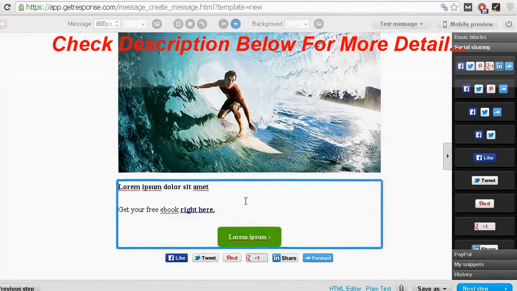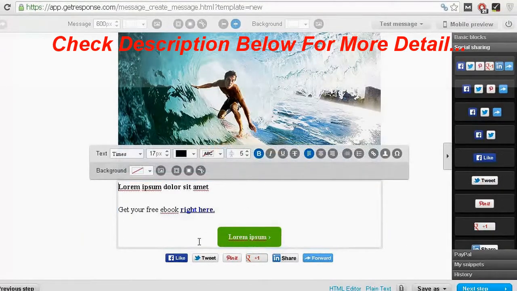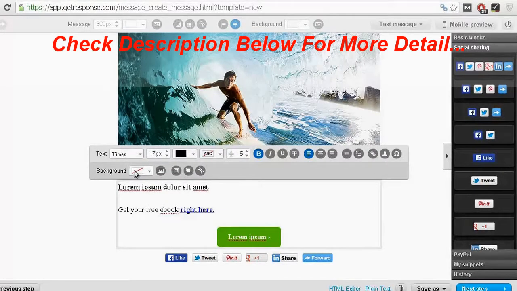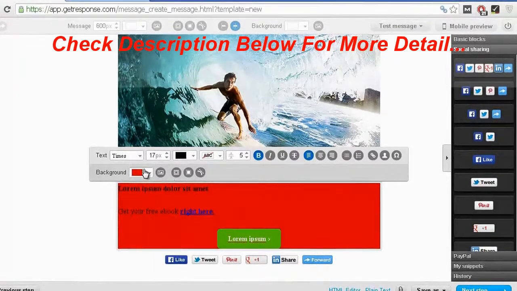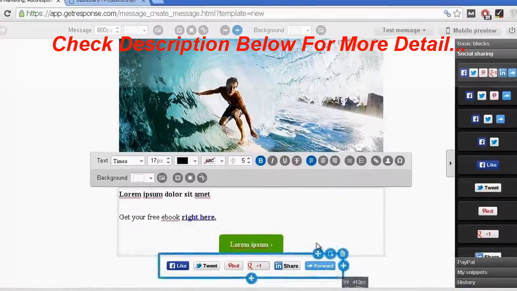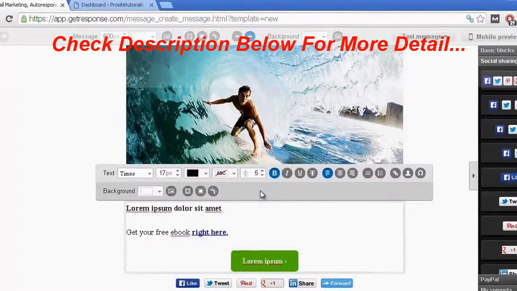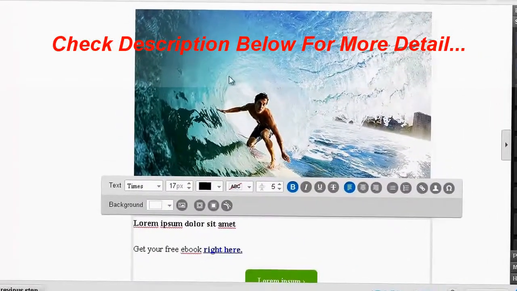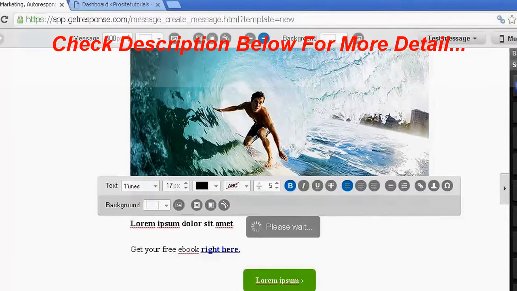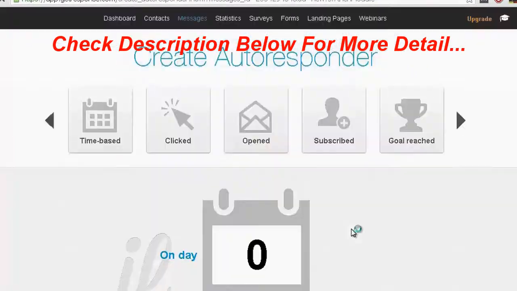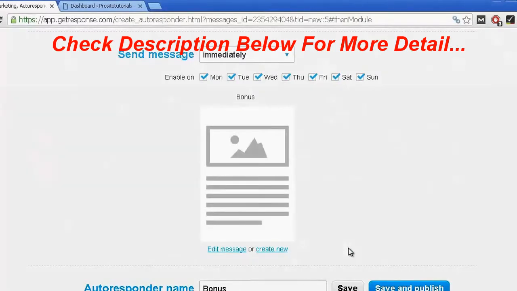Actually, if you want to change the background, which I forgot to mention, once again, you just need to go over here to background, and you pretty much can choose whatever color you want. Just like this. So you pretty much need to personalize until you have an email appearing exactly as you want. So I'm just going to press next step and save and publish,